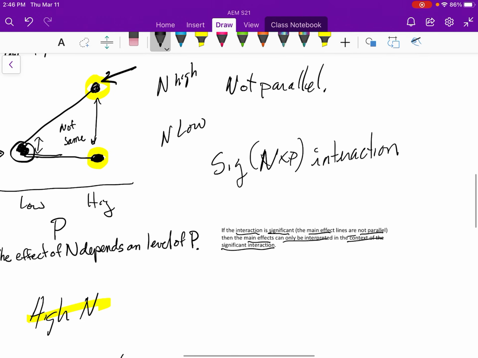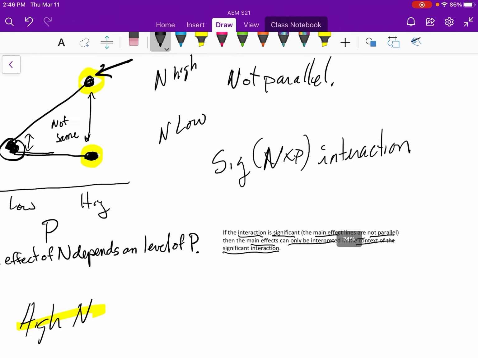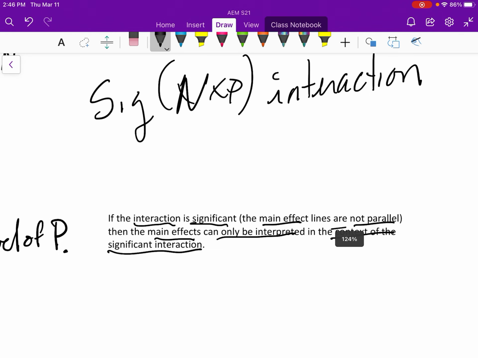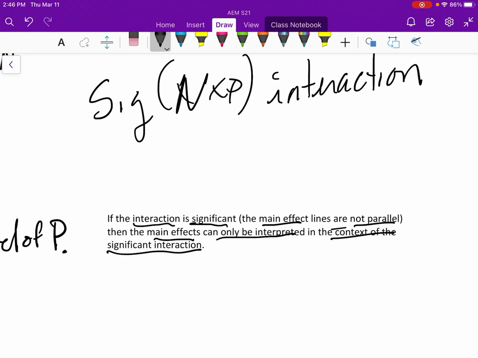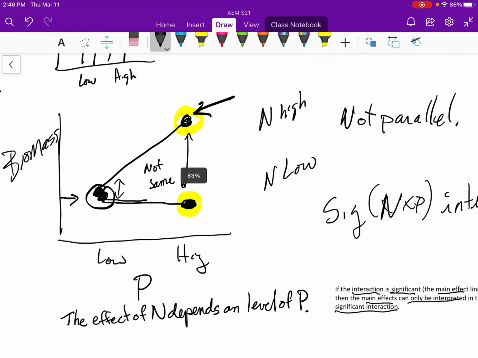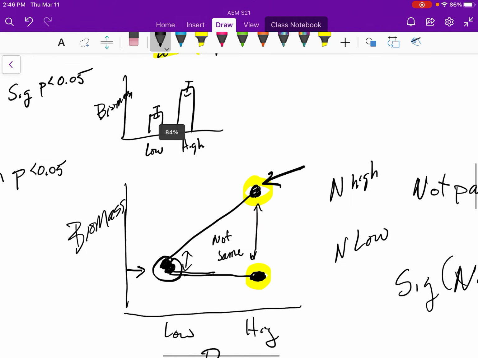A formal important thing to come away with from the interaction is that if it's significant, that is, the main effect lines are not parallel, then the main effects can only be interpreted in the context of the significant interaction. What that means is when we go back to look at the main effects in this model, and I ask you,